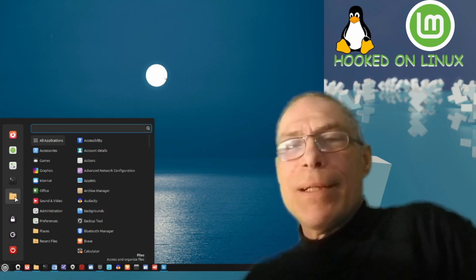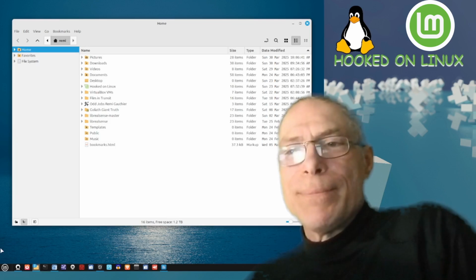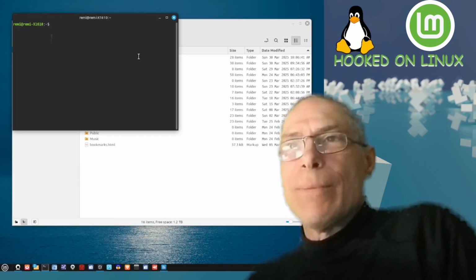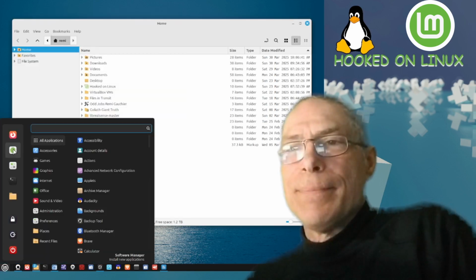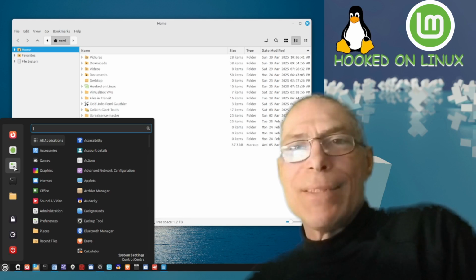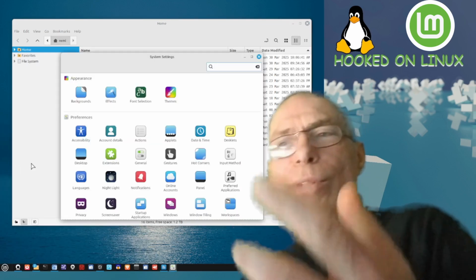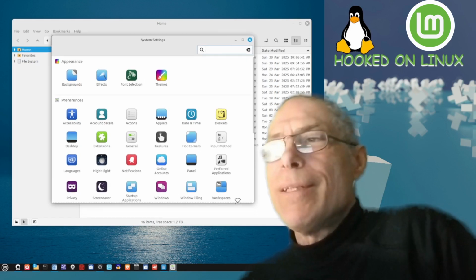All right, and then other things that I use often, like my file system, right there. Terminal, right there. Settings, system settings, control center, right there. I do use this. I'm surprised. When I first started, I thought, you know what?